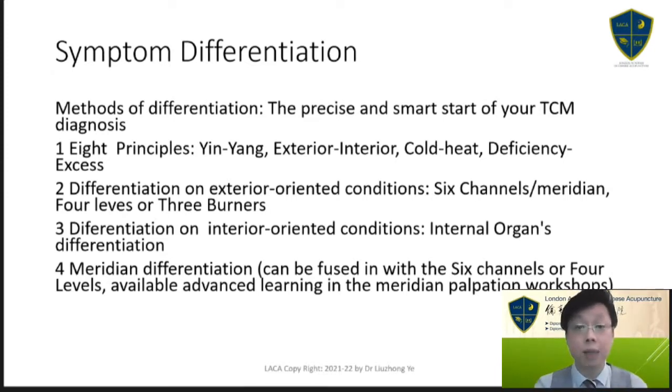These are four couples, and they are the core of the starting point of our differentiation and diagnosing conditions in TCM practice. However, everything started from yin yang, then you deviate into the exterior and